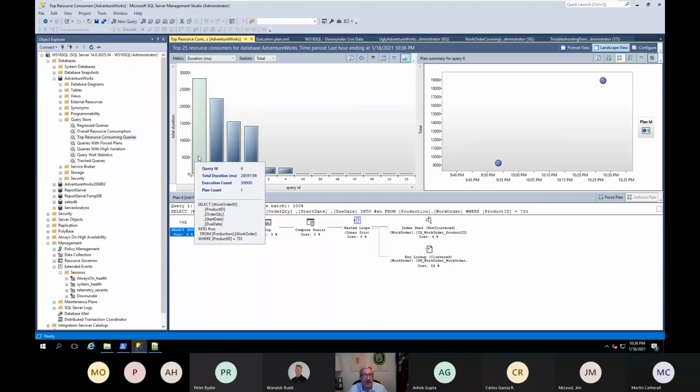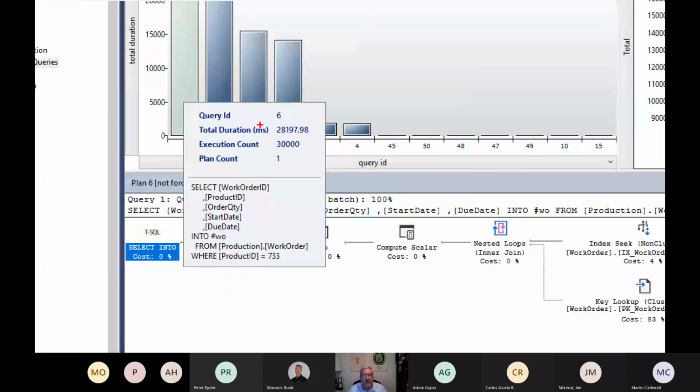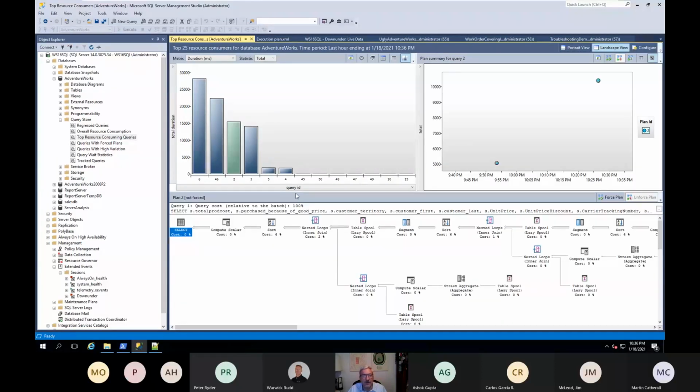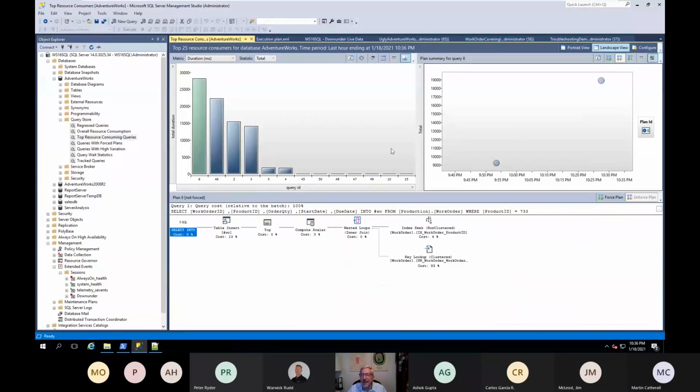I've run it like 30,000 times. It shows you right there on the execution count, right? Because every time I run my script, it runs this query 10,000 times. Next after that is one of the ugly queries. Next after that, another ugly query. So you can look at the various queries.